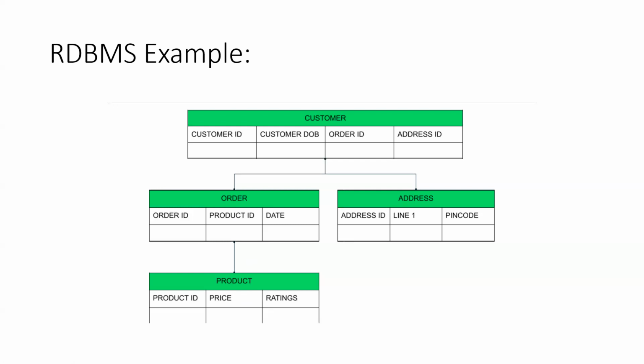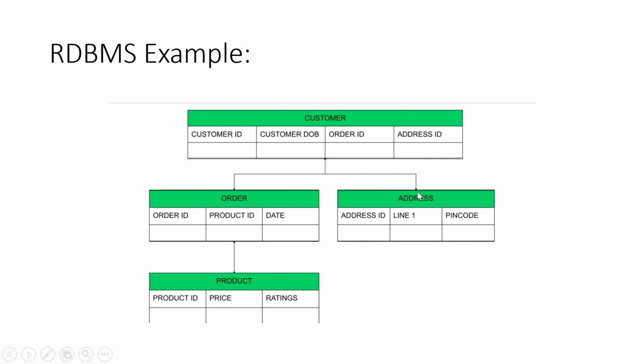But the product table maintains the product related information. Product ID 1, 2, 3, maybe a soap, or a pen, and so on. That is why product ID works as a foreign key in the order table and as a primary key in the product table. So while setting up a relationship, we need to decide what is the primary key and what is the foreign key. Based on those two keys, we can set a relationship between these two tables.